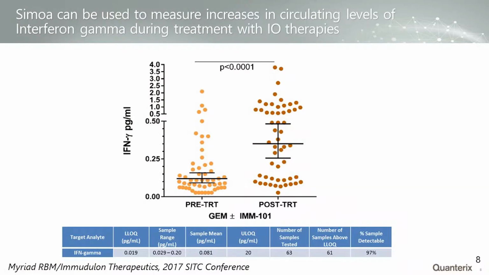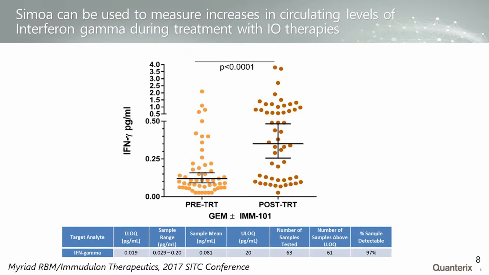So this has really taken off in the area of neurology, and cancer has been an area where we're seeing more impact. I've just got a couple of examples here, especially in the immuno-oncology area. I would say our partner, Myriad RBM, who do a lot of testing services, have really pioneered this area. We don't see a lot of it because it's kind of confidential stuff, but they did have one poster a couple of years ago, and this is looking at interferon gamma, and it was a biotech startup in the UK who were looking at